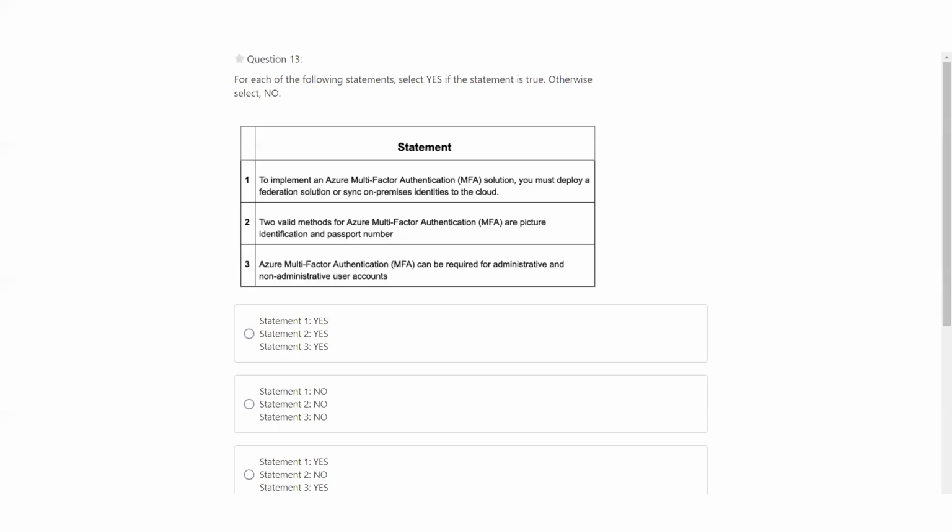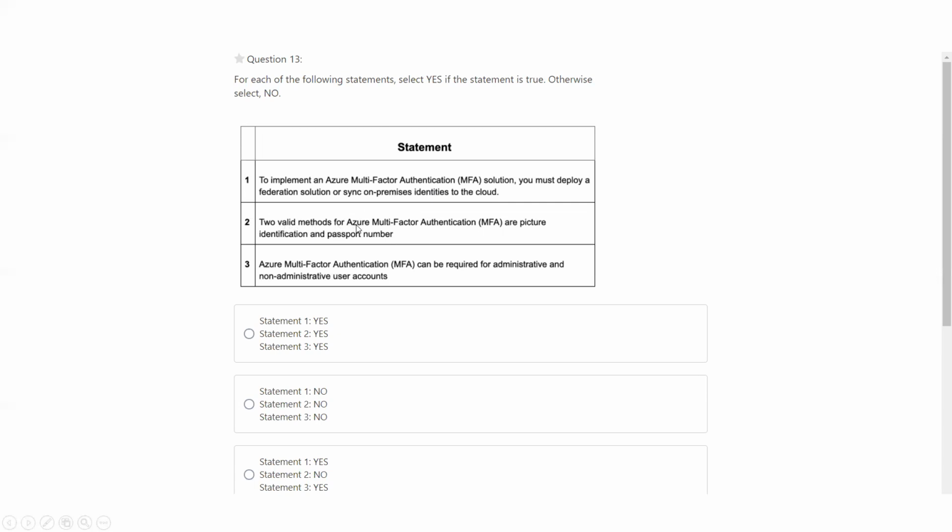So the next question is on a true or false statement. To implement an Azure multi-factor authentication solution, you must deploy a federated solution and sync on-premise identity to the cloud. So you can still do MFA without syncing on-premise identity to the cloud. That is not correct.